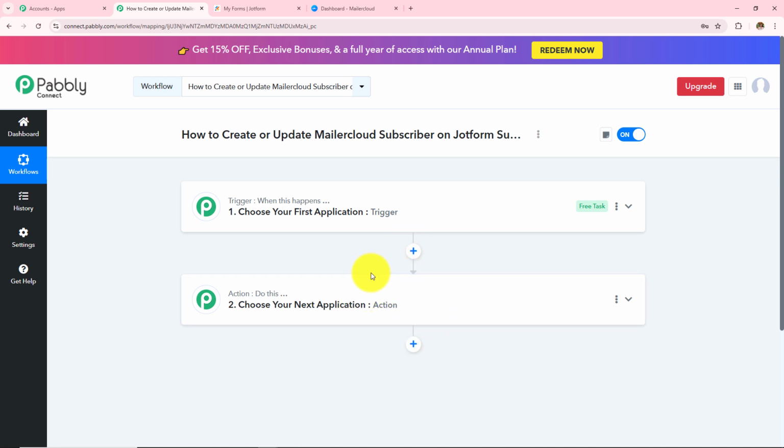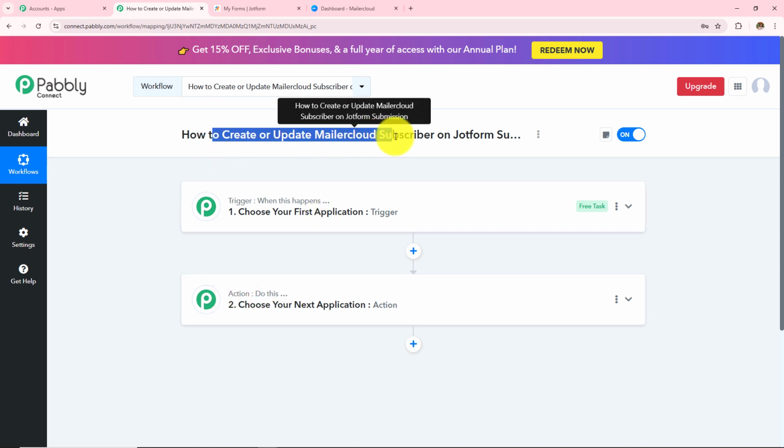Here in this workflow, I want to create and update a Mailercloud subscriber on Jotform submission, which means whenever there is a Jotform submission, a subscriber will be created or updated in my Mailercloud account. This complete workflow will get triggered, because the trigger says when this happens. So whenever a form submission in my Jotform account happens, the action says do this, then create or update a Mailercloud